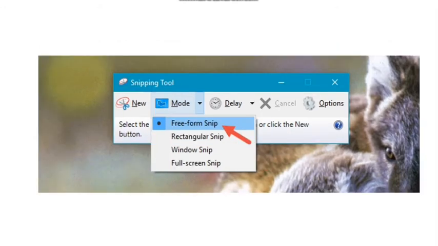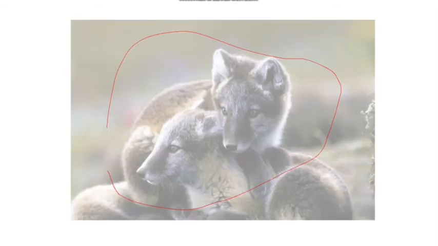To share an example, let's see how to capture a part of your desktop using free-form snip. Now in Windows 10, click on Mode option and then select Free-form snip. Then click on the New button. But if you are using Windows 7 or Windows 8.1, then again click on New option and then select the Free-form snip from the drop down menu.